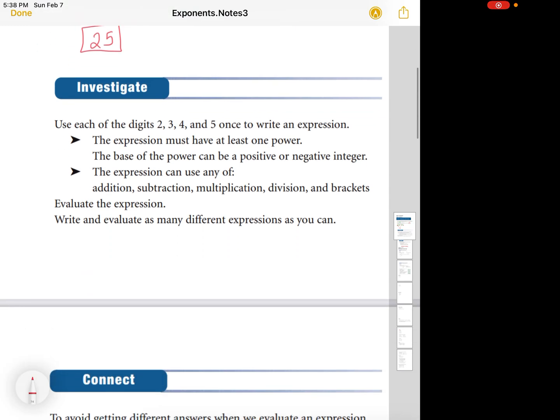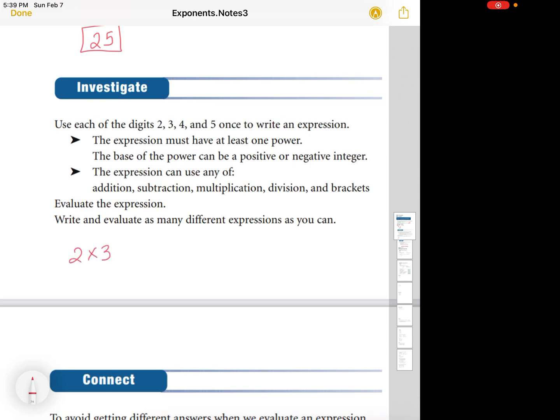Now, another thing we can do here: use each of the digits 2, 3, 4, and 5 once to write an expression. It says the expression must have at least one power, and the base of the power can be a positive or negative integer. The expression can use any of addition, subtraction, multiplication, division, and brackets, and then evaluate. This is something for you to explore. You can create different